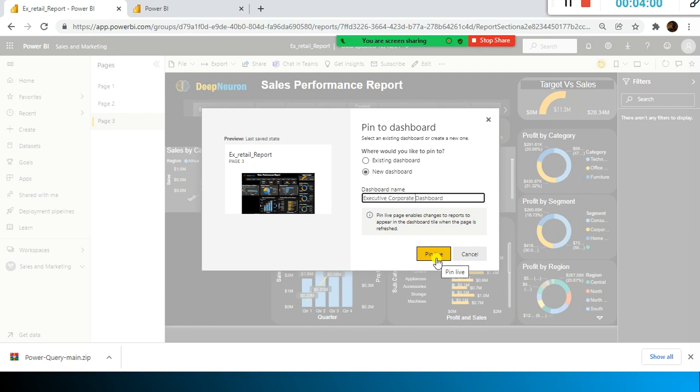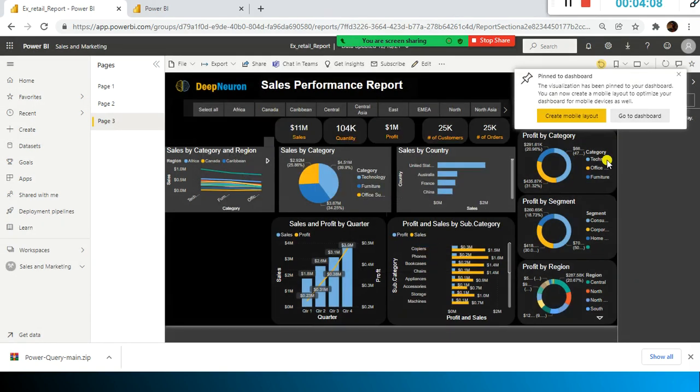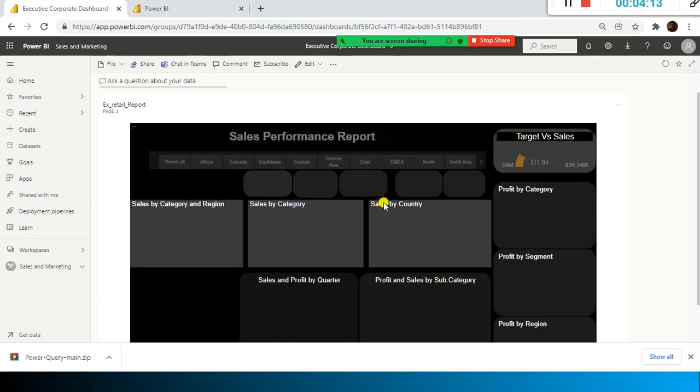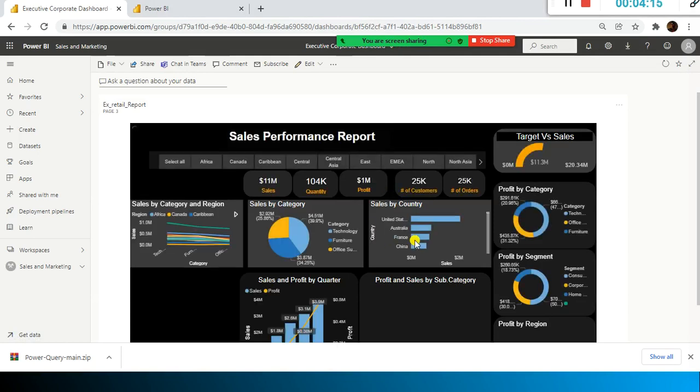Okay, so this entire report, instead of pinning specific visuals to my dashboard, what I do is I take the entire report and then I just pin it to this one. And if I don't see any of these visuals helpful, right, I can remove it.